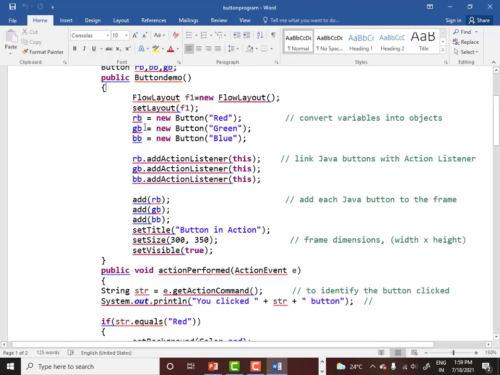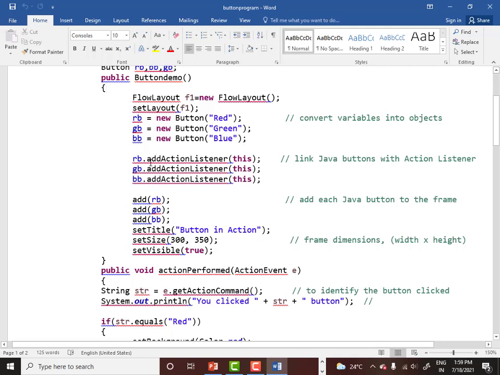So when a click event is generated, that button's getActionCommand method will retrieve the string value of that particular button. So what is written on that particular button? It is red. So that means the red value will be stored in str.